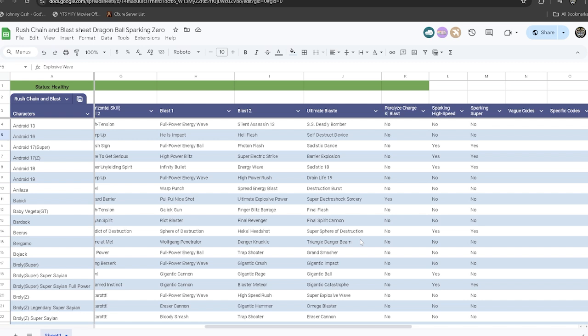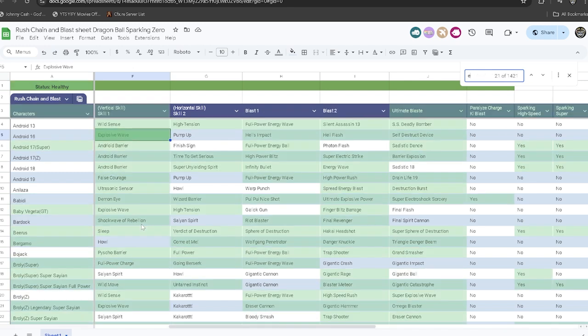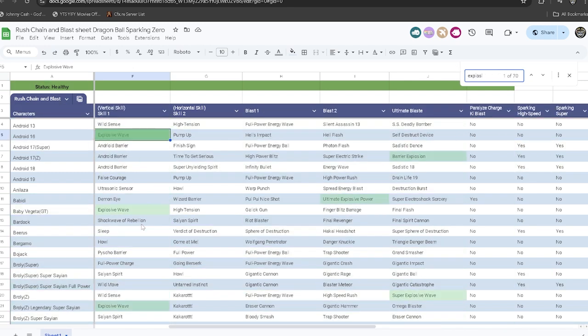Now, let's take a different example, like explosive wave, right? Explosive wave will have a vague code where it's like any character with the effect of explosive wave. Like, for example, Tapion has a hero's flute. Bardock, I can't remember the name of his, which, I mean, we're on the right sheet to know. So we can search Bardock and go to Shockwave of Rebellion, which is also an explosive wave. However, look, its name is not explosive wave. So if I hit Control Find and type in explosive wave, it's going to come up with all the characters with explosive wave. That being said,